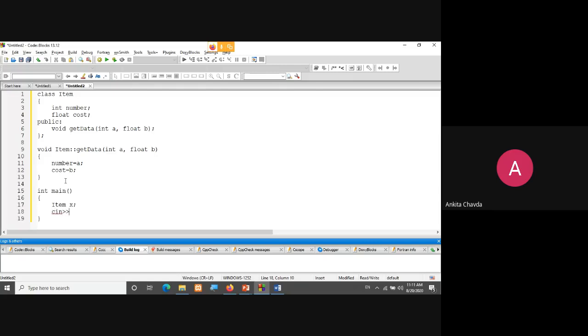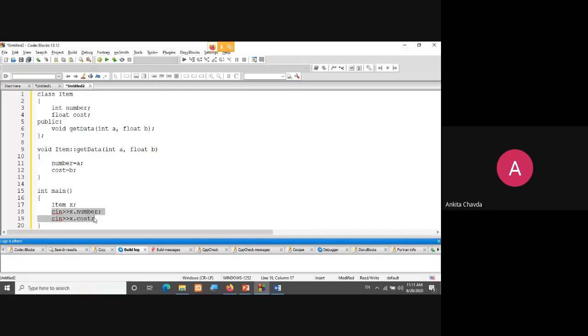Now in int main, I cannot directly write x dot number and get the value for number, and again x dot cost and get the value for cost. Is this valid or not? Anyone?